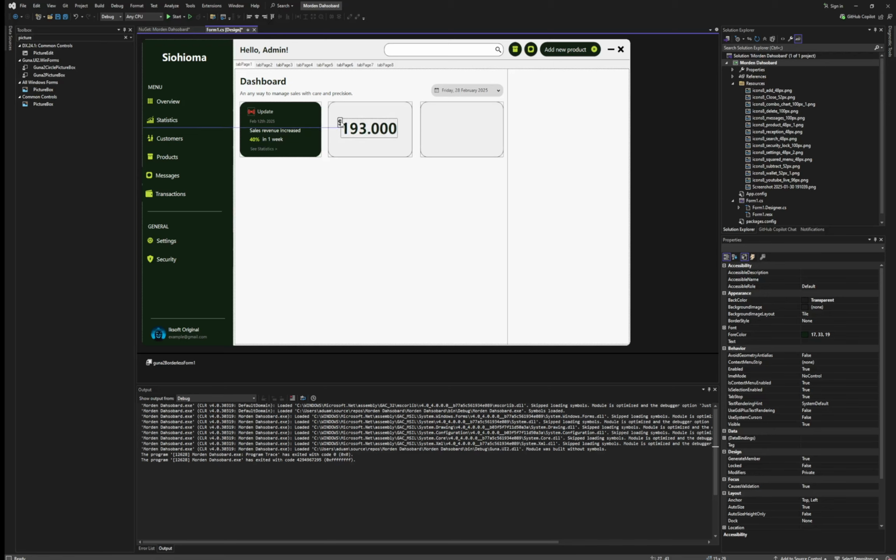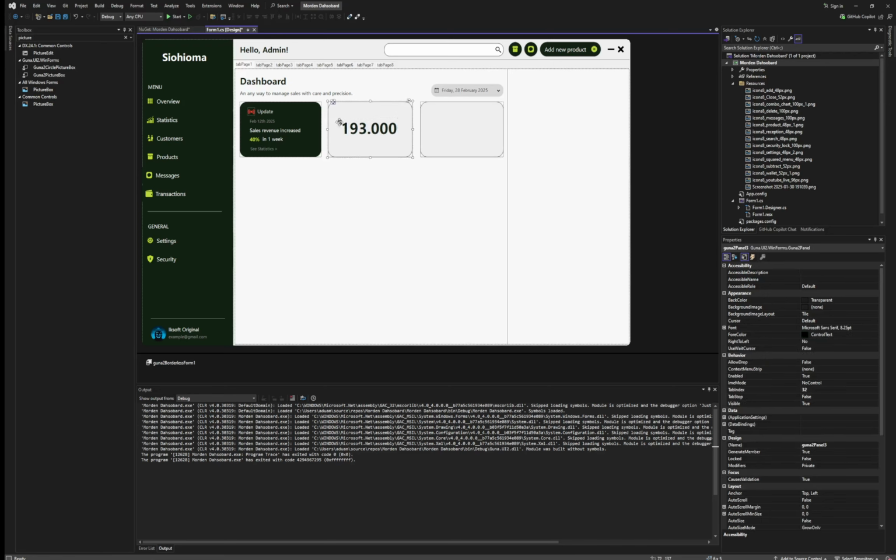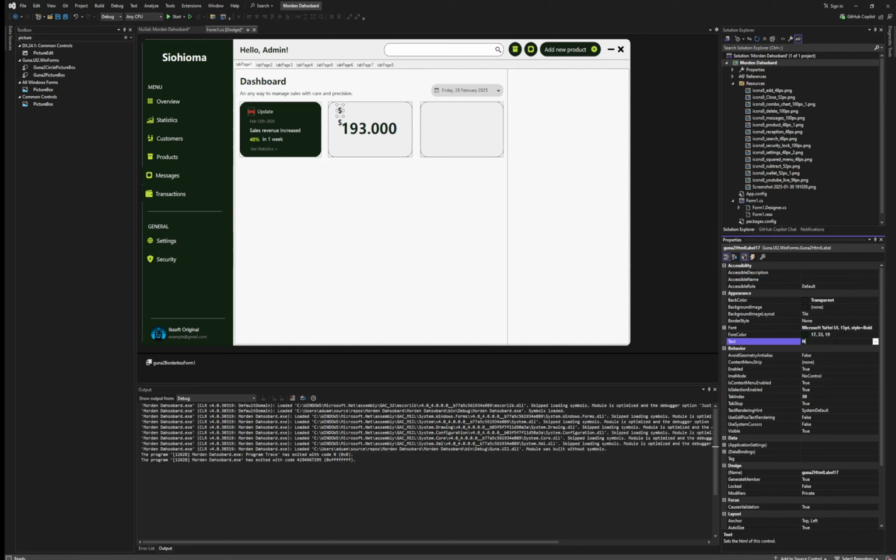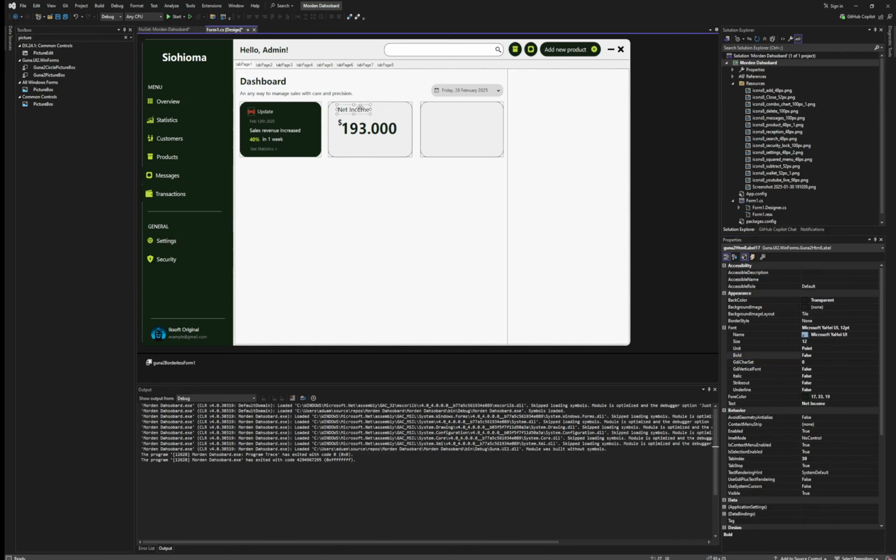And yeah, so we could be able to add another text. So we copy this, we paste it one more time, bring it here, and this should now be our net income, right? So we set the font size way down to like 12. That is perfect, and we set the bold to false. So we have our net income, and then we should have a menu, right? So I'll just copy this, put it here for the meantime, and I'll just use dot